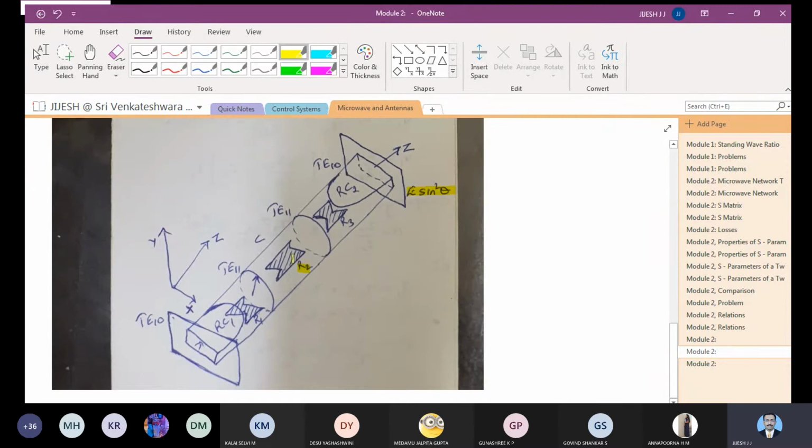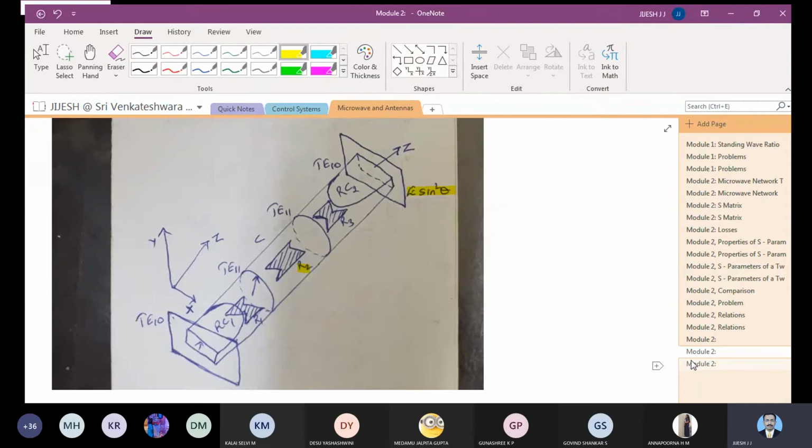And one more thing is that the resistive films R1 and R3 will be kept at a constant angle, but the resistive film R2 has the flexibility to rotate in this circular waveguide, and it can be rotated at an angle theta, and this is the theta which appears at the output part of the signal, that is E sine square theta. So we'll discuss these things further.